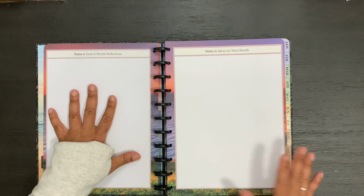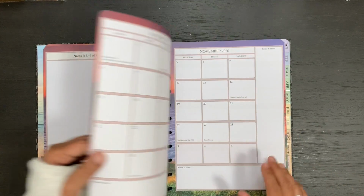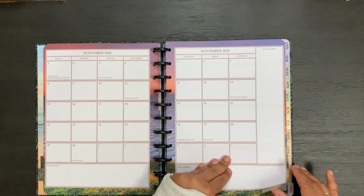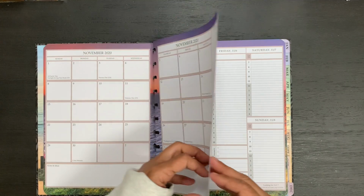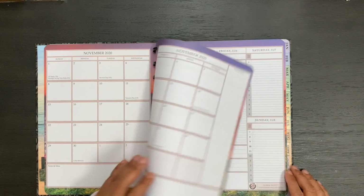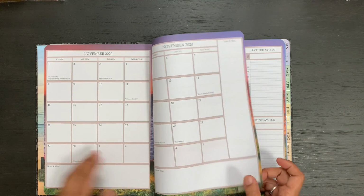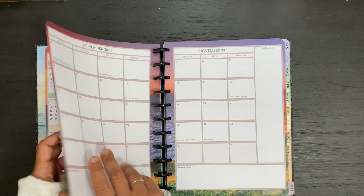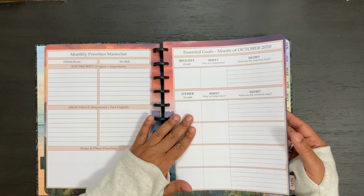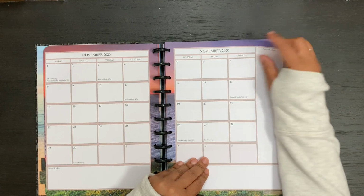So then we have notes, and then the end of the month reflection, and then notes and ideas for the next month. And then the next month starts the same way. So you have your full month, notes and ideas, goals. But November doesn't have that same beginning as October had, because you came into October and you had these essential goals for the month of October, but they don't have essential goals for the month of November, which I think is,